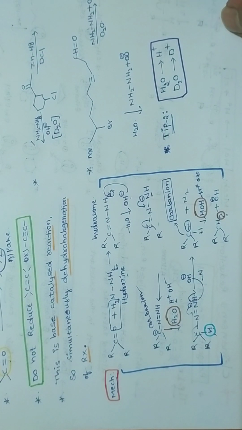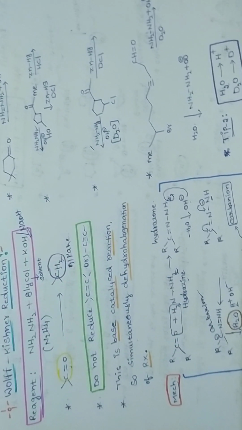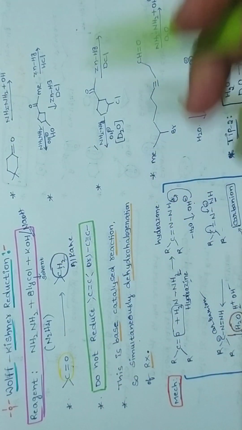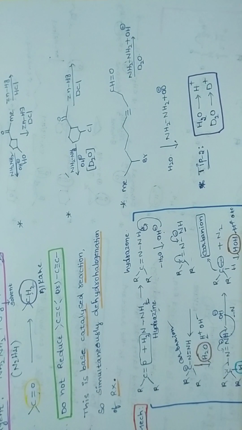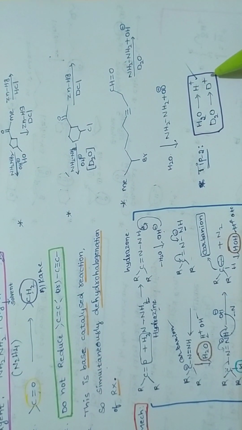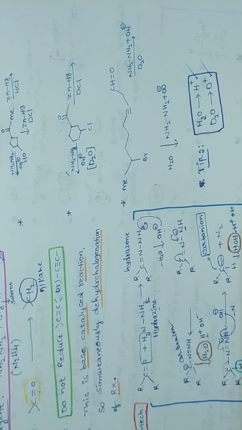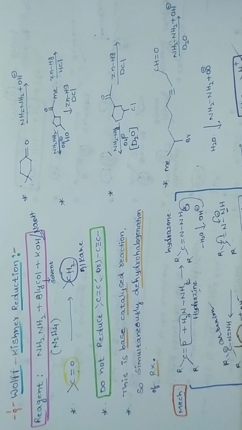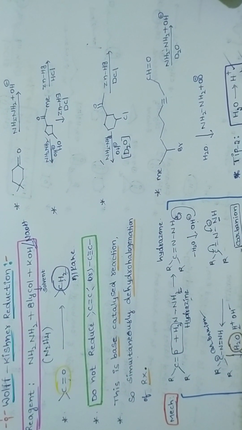So finally what we are understanding is, the CO group is converting into CH2 group, which means these hydrogens are coming from the water. If water is given, we are adding hydrogens. If D2O is given, we should add deuterium. This is specially for IIT students, so it will be more useful.